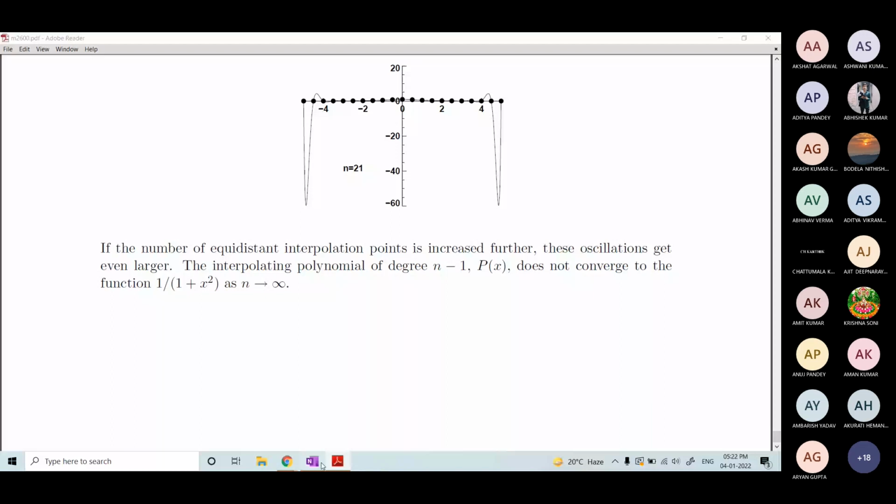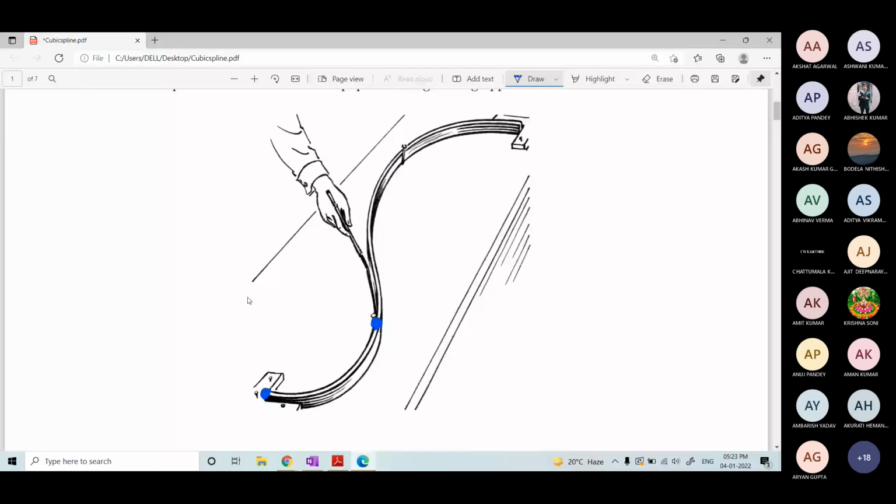He will take a thin metal strip and trap it through the given data points. Here these are the 4 data points. I am circling them. This is one data point. These nails are the data points. Another data point, second, third, and here the fourth data point. If you ask a draftsman to create a smooth curve passing through this data, he will consider a very thin metal strip and trap it through the nails in this way. And then he will simply follow the metal strip to draw the curve.